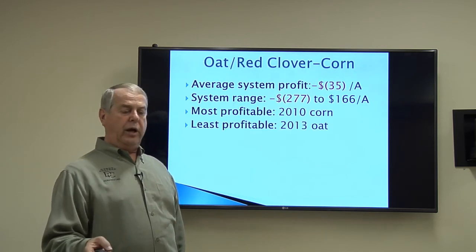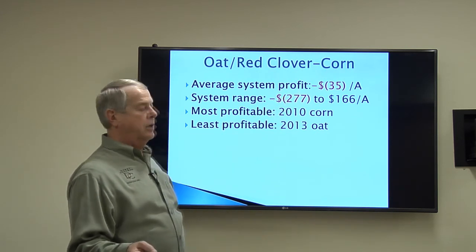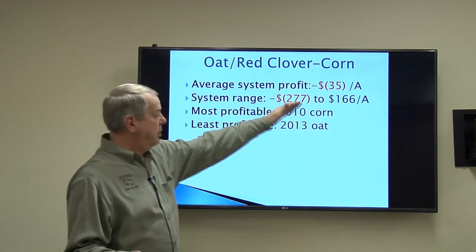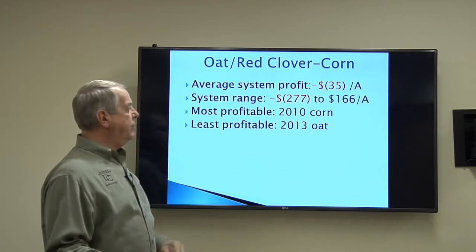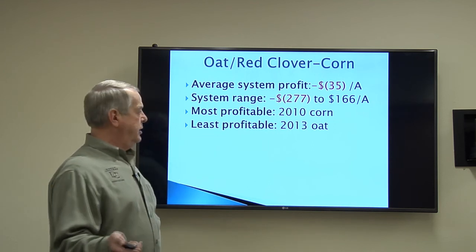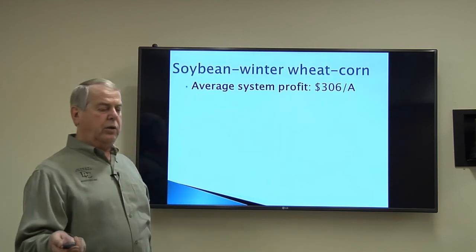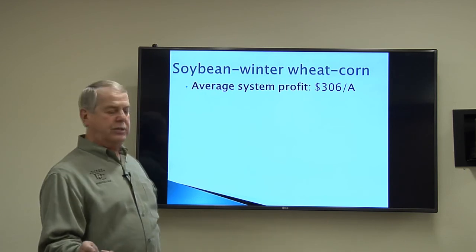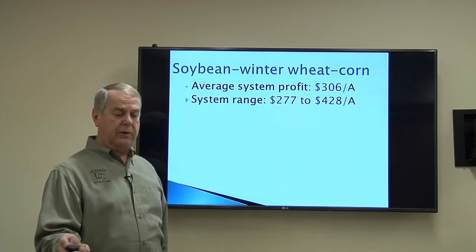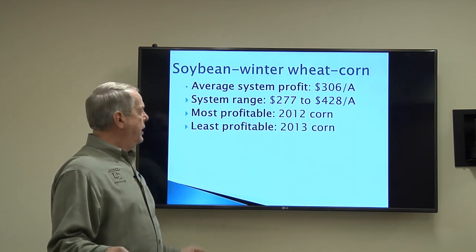If we look at the oat red clover corn, again, this one showed an average negative profit. The range showed that it was negative sometimes and positive sometimes, but if we take the overall average, it's a negative profit. The most profitable was 2010, and the least profitable was 2013. The last one is the soybean winter wheat corn. If we look at the overall average system profit, it was $306 per acre. The range was always positive. It was the most profitable of this system. The most profitable time was 2012 with corn. The least profitable was